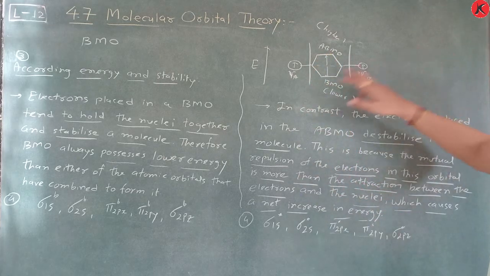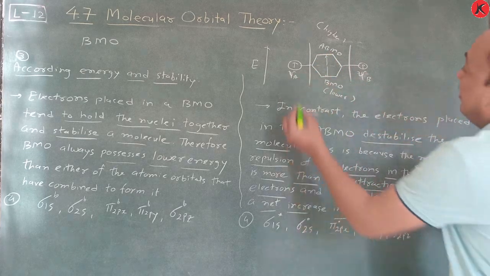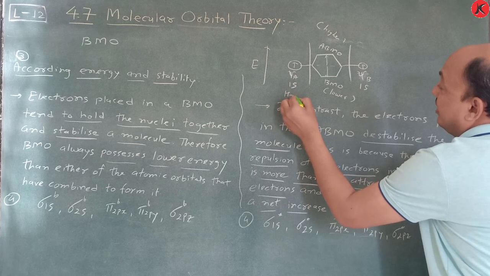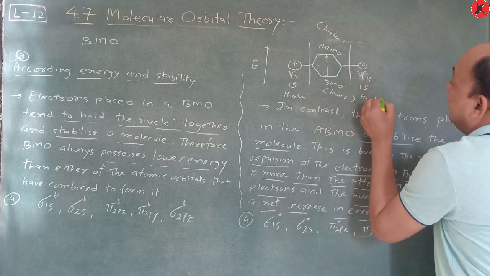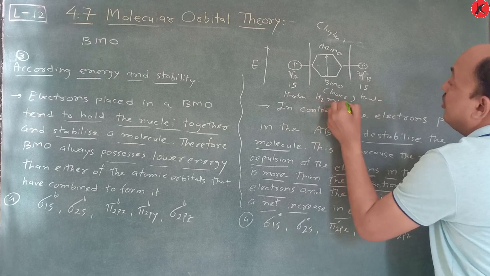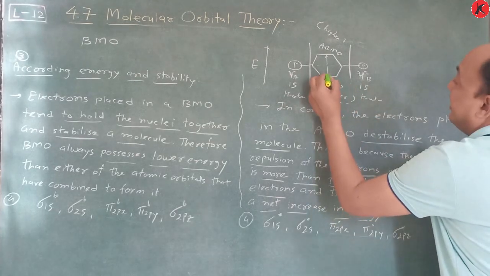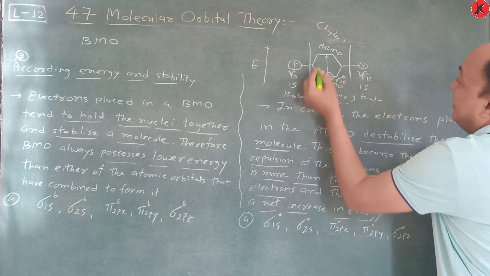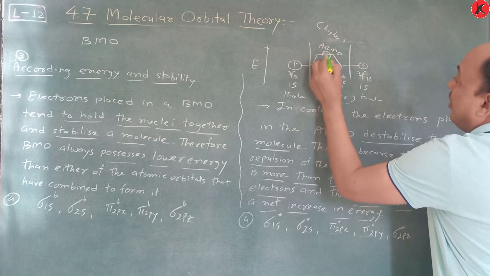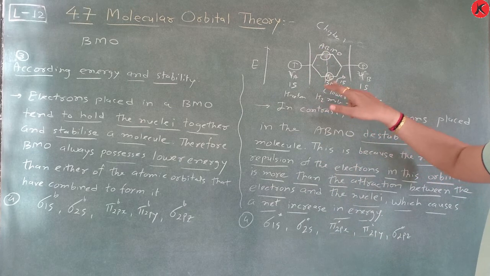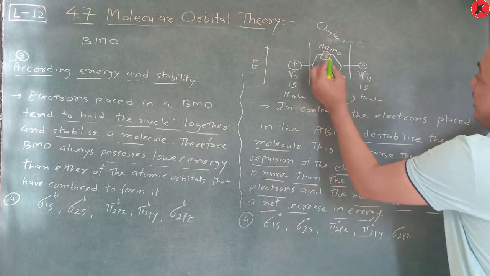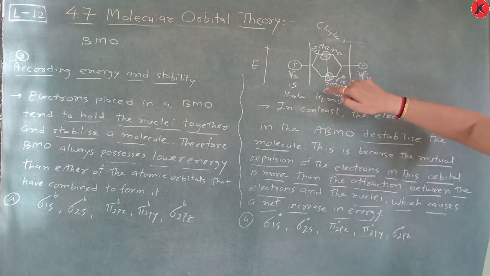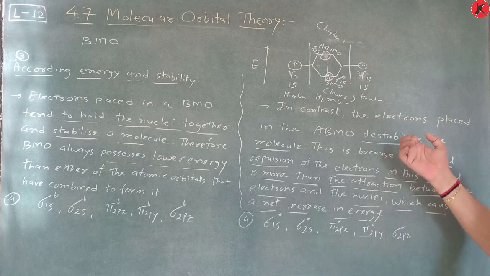Remember this one, because here the 1s orbital of a hydrogen atom and the 1s orbital of a hydrogen atom combine and form an H2 molecule. And here we have 2 electrons, suppose I put them here, in sigma 1s bonding, and there is no electron present here, because 2 electrons take part in the bonding molecular orbital. So here is sigma star 1s. This is the BMO and this is the ABMO. So write it completely according to your NCERT textbook.